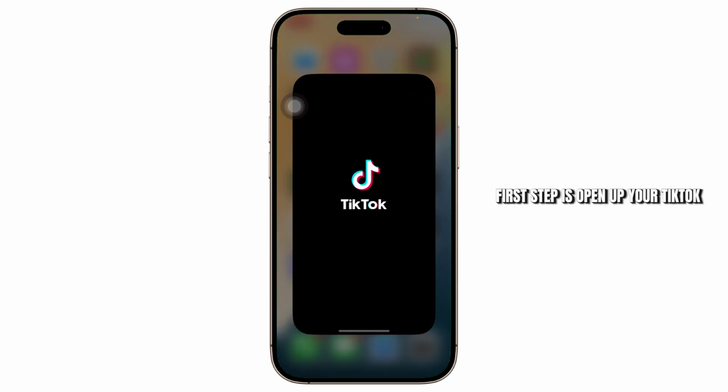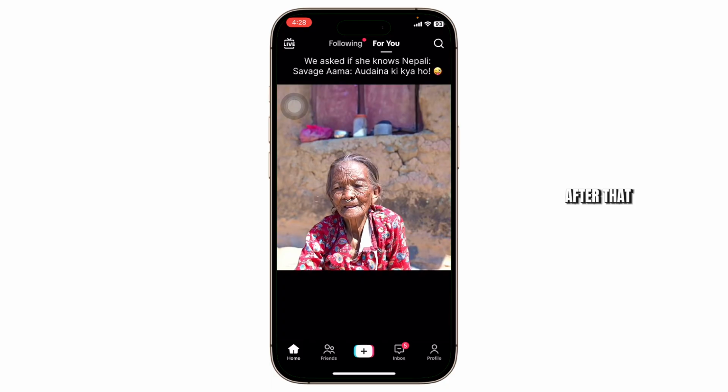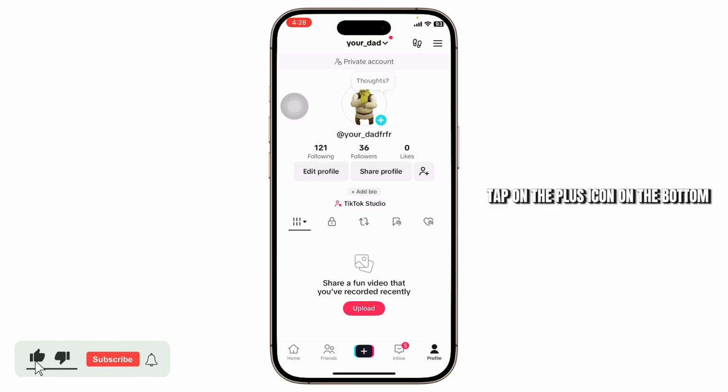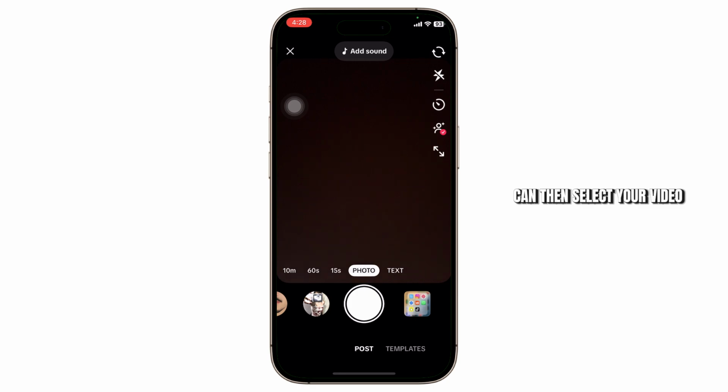First step is open up your TikTok. Make sure you're logged into your account. After that, what you can do is make sure you're on your account. Tap on the plus icon on the bottom. After you tap on it, you can then select your video from the bottom right corner or start creating a